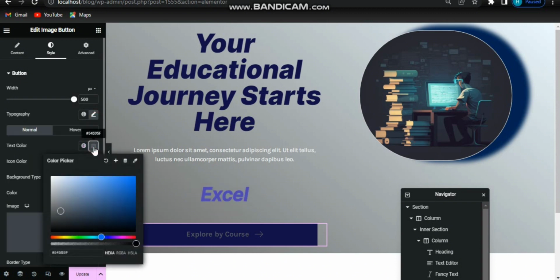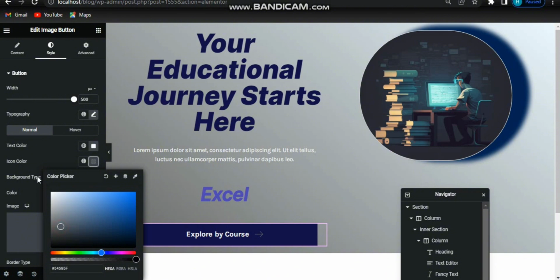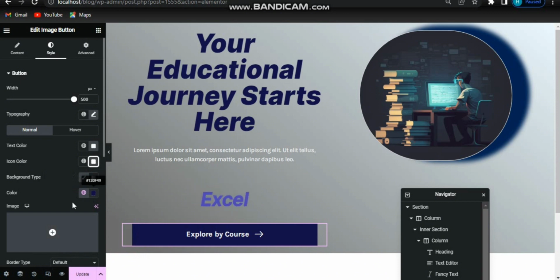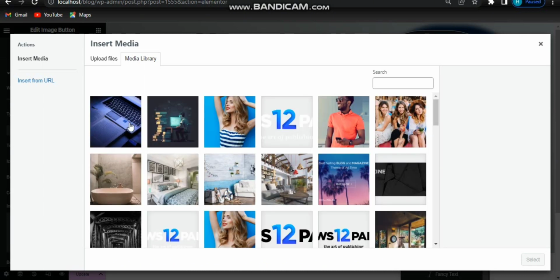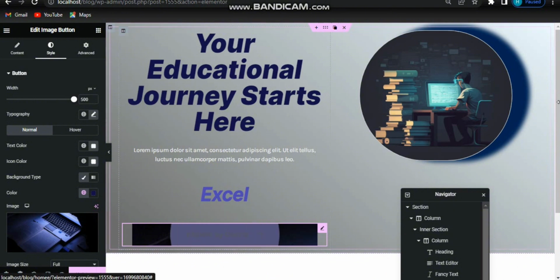Now give it a color, text color. Icon color also have the same color like text color, and background color. In my case I want to use image here, so click here on image and choose image. I will add this image here, so select image,